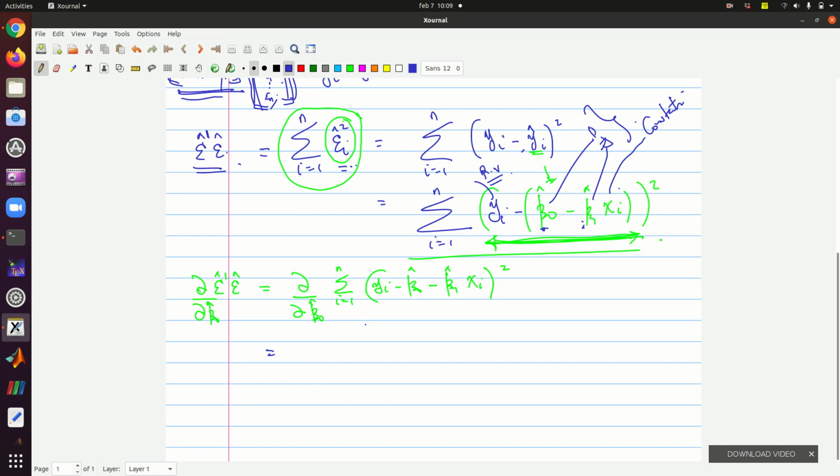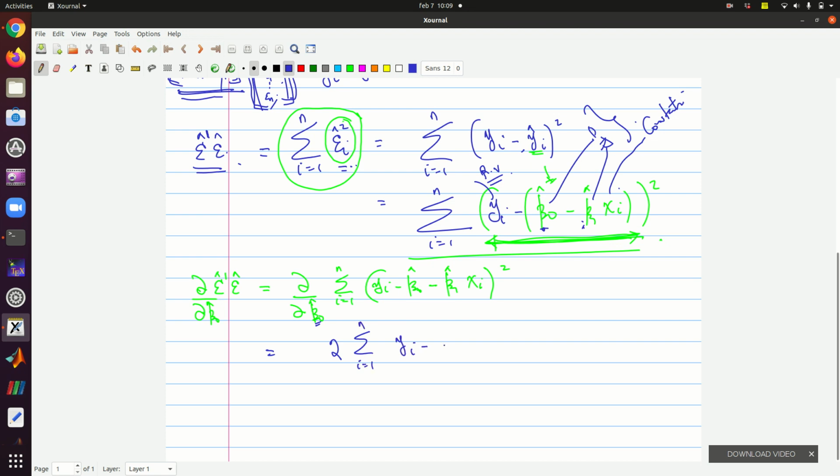Okay, let's work it out. If it doesn't come out well, then maybe I shall go back and try to check. I'm not so sure. Alright, so the partial derivative here, so what do we do? We drop the power here. So we are differentiating with respect to beta naught, so we drop the power, then we will write our expression,